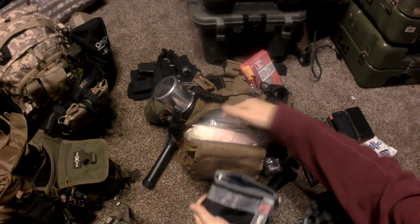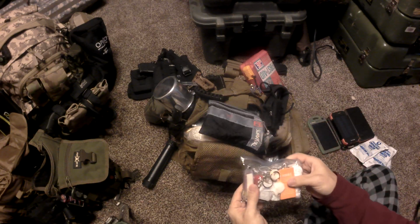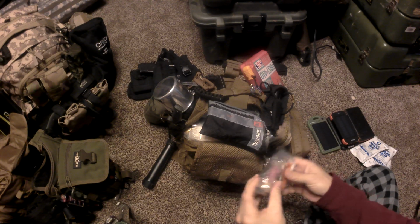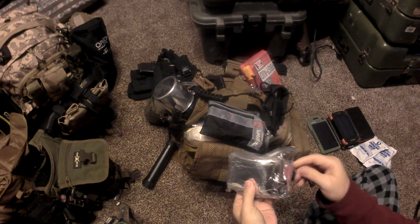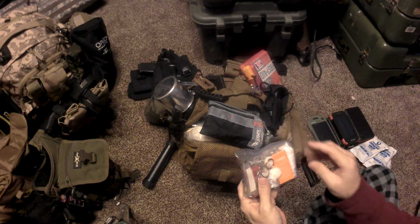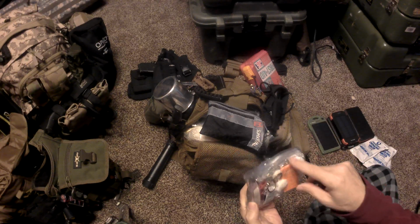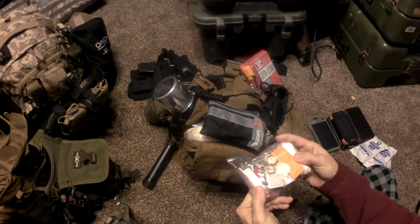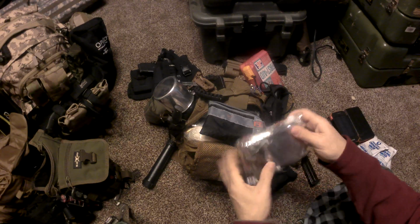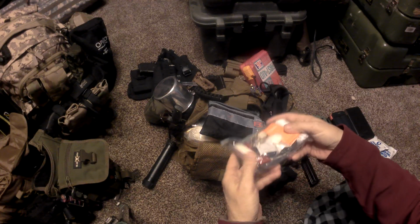And then finally, what was in the bottom of this is one of the Gerber survival kits, which have a lot of stuff in them. They've got everything from a chainsaw to, well, even a little dinky flashlight, fire starting, waterproof and windproof matches, paracord, flint and steel, survival guide, nylon string for fishing gear. It's got hooks, leaders, sinkers, and a bobber. It's got a multi-tool in it, a knife, another emergency blanket, paracord, cotton, small first aid kit, a whistle, and